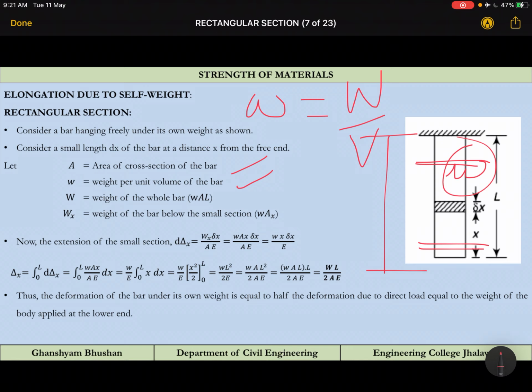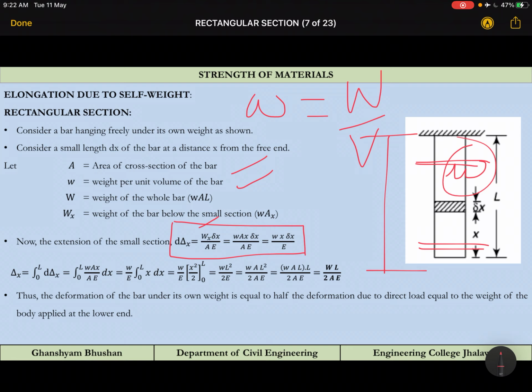That means we have to take the help of calculus, or we have to integrate. We first take a small element and see what happens. For a small element, the weight will be the same, because the strip is infinitesimally small. So we have considered a delta x strip, and we are going to calculate the deflection of that portion, and we will integrate from 0 to L, then we will get the final value. Now this is the small deflection of this portion of the bar, so this equation is still valid.